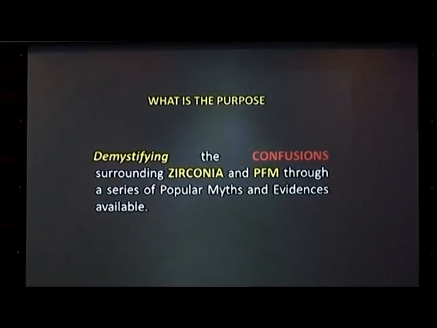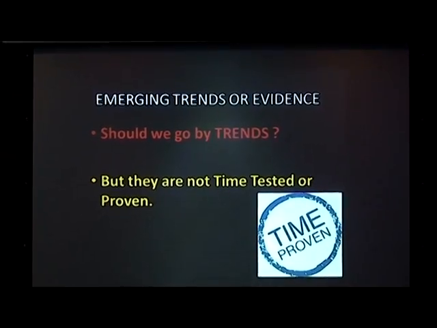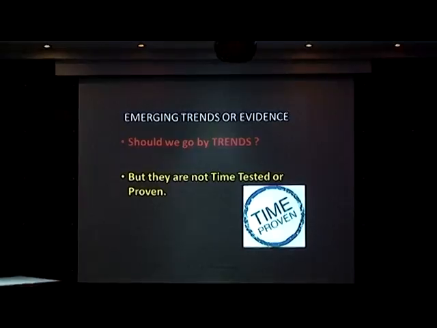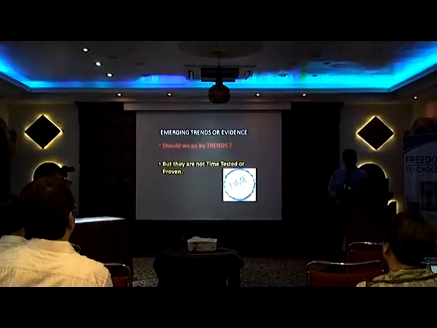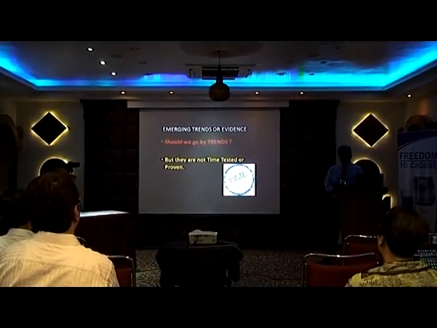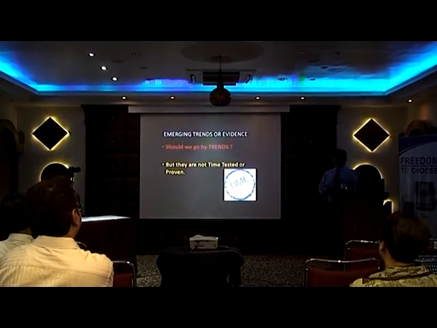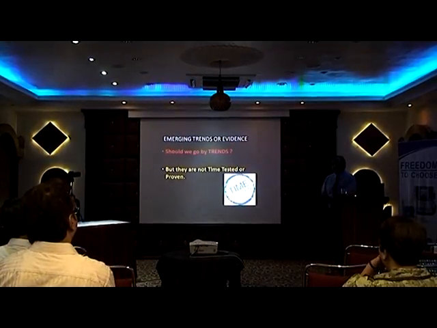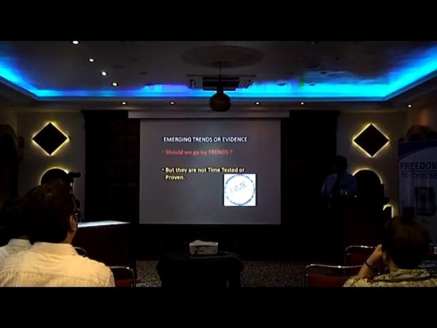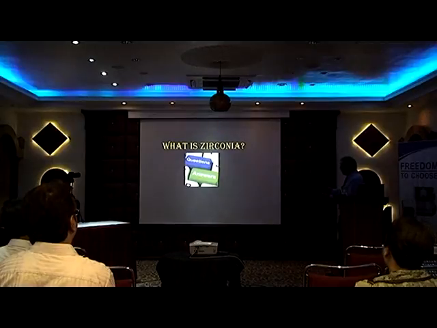Zirconia being a new material for the last 5 years, 8 years, 10 years, doesn't have much evidence. There is still a lot of research going on. Every day some new thing comes up. For example, 5 or 8 years back, they said the bonding between zirconia and porcelain is not good, and you should not use it because it gets delaminated. Now, is it really true? I'll cover that. But the question here is,